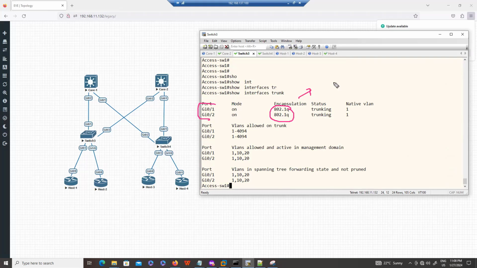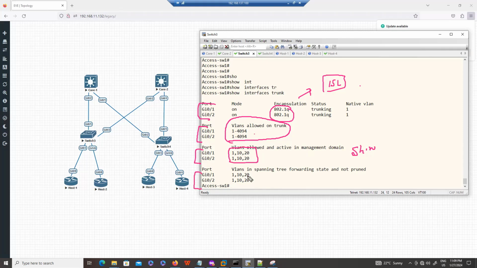Earlier, guys, we had ISL. ISL is basically no longer used. I'll tell you why. By default, your trunk port is carrying all the VLAN information. But right now, in my database, in show vlan, I have only these 3 VLANs.